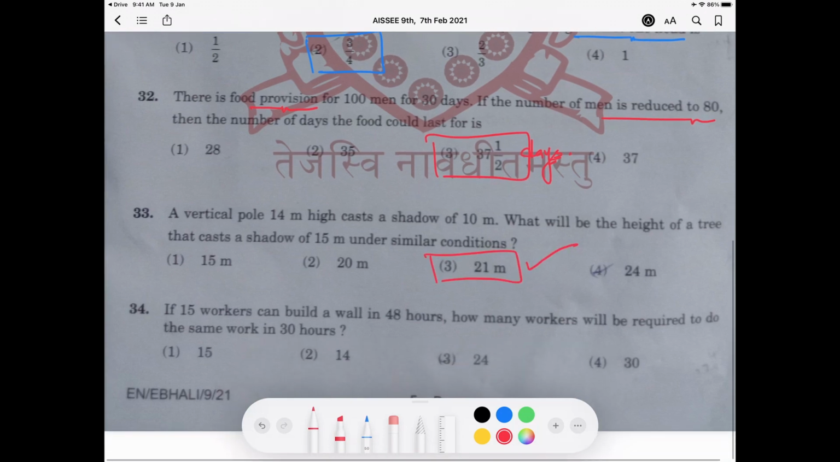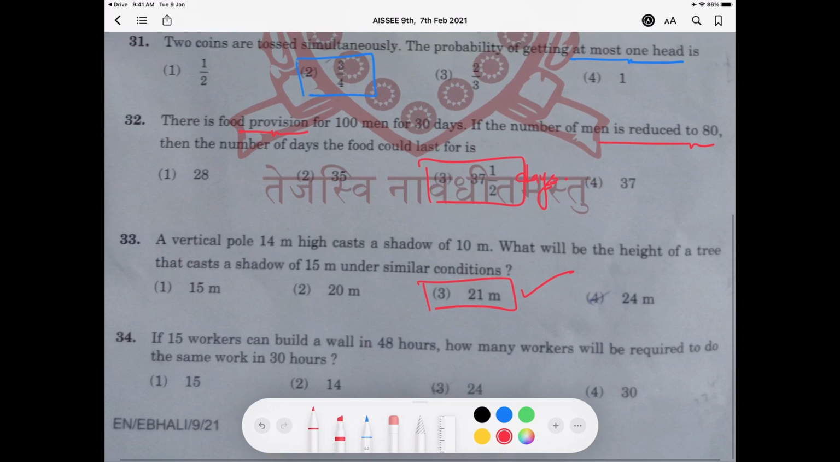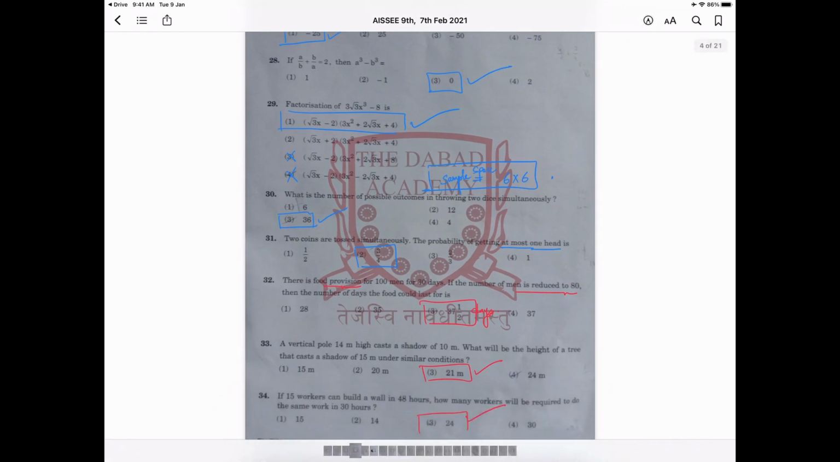Third option. In 34th question, if 15 workers can build a wall in 48 hours, how many workers would be required to do the same work in 30 hours? So for question number 34, the answer is x is equal to 24, option number 3. Moving on to the next page,